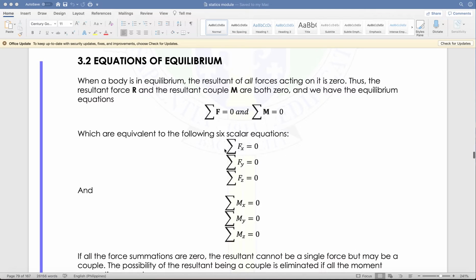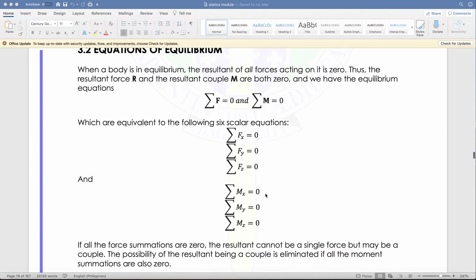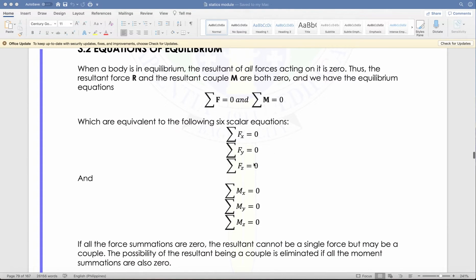The summation of forces along the x-axis or horizontal is equivalent to 0. The summation of forces along the y-axis or the vertical is equivalent to 0. The summation of forces along the z-axis is equivalent to 0. Likewise, with the moment along x, moment along y, and moment along z, all are equivalent to 0. If it satisfies these equations, then it is